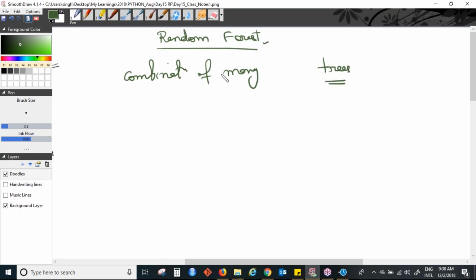Now, a forest does not have the same tree multiple times, right? It has many different kinds of trees. So let me also write different trees. Not the same tree again and again. Now how do we get different trees?